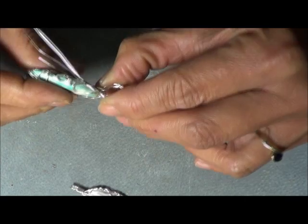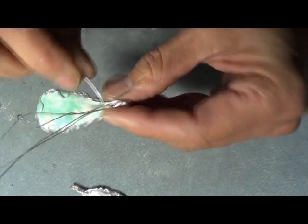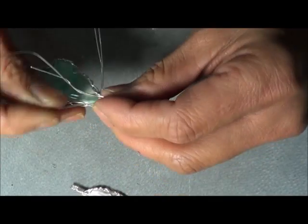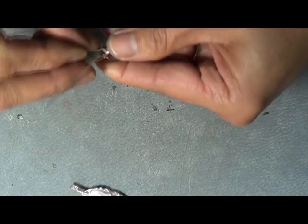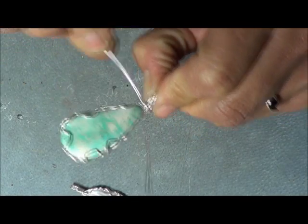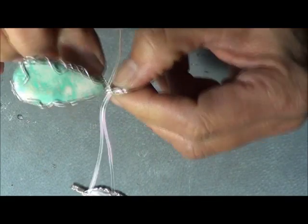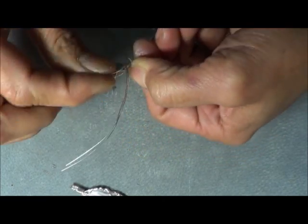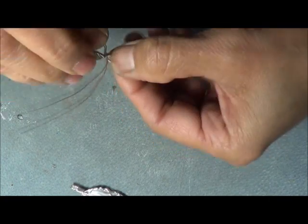So once I'm happy with the size of my bail, I'll take 2 wires that are together, anywhere. It doesn't really make any difference. Well, in this case, I'm picking the one in the middle because I've got a shorter bit here, and I'm going to go around. See the 2 sets of wires there, just on the side there. So I just came from the middle, from the back, going to the front, going to the back again, to the front. So I'm just winding this up,